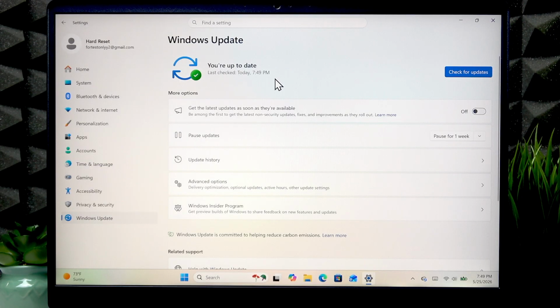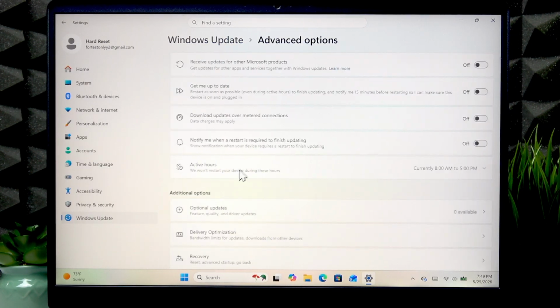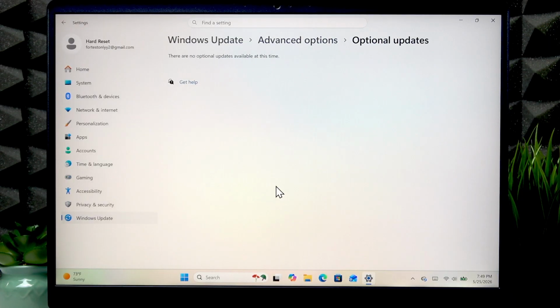are downloaded and installed. And if you have to restart your laptop afterwards to apply changes, you will see the respective option right here, clicking which will let you restart your laptop immediately. Also go to Advanced Options, go to Optional Updates, and besides some